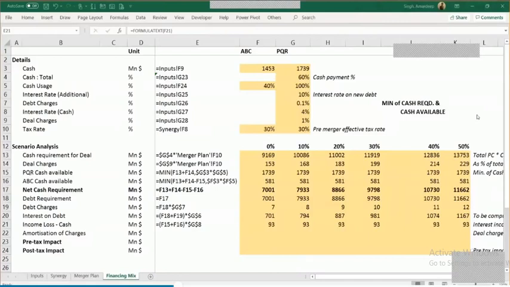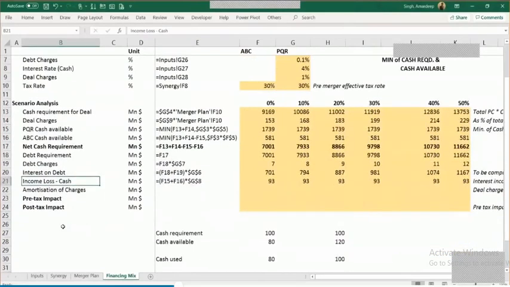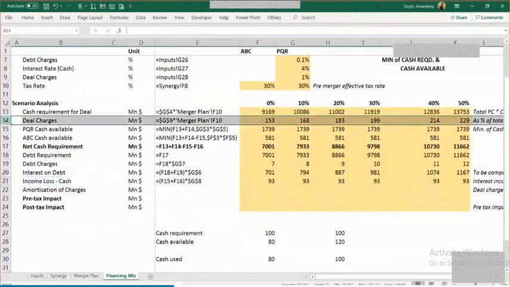All right. Now, from a P&L standpoint, interest expense is going to increase your cost, and the interest income loss is going to reduce your income. So effectively, both are your merger costs: interest on debt, and income loss. On top of it is the amount that you have paid to the investment banker. You see this amount over here in row number 14. This amount that you have paid, 153, is also your merger cost.